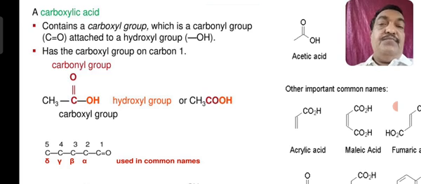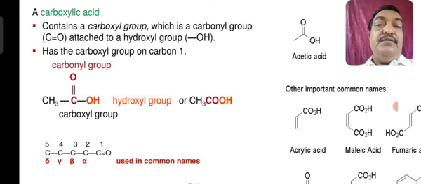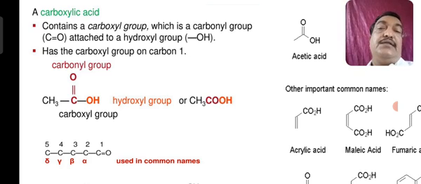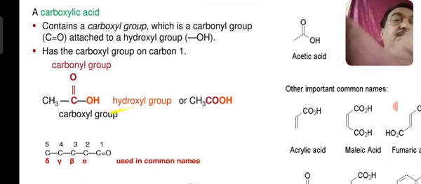Suppose there is a long chain carbon containing the COOH group. The first carbon, that is called carbon 1, next is 2, 3, 4, 5. After the first carbon, carbon number 2 is called alpha, carbon number 3 is called beta, then gamma, delta for 4, 5, 6, etc. So if there is a long chain hydrocarbon, then for naming, you can use either the numbers or the Greek letters alpha, beta, gamma.